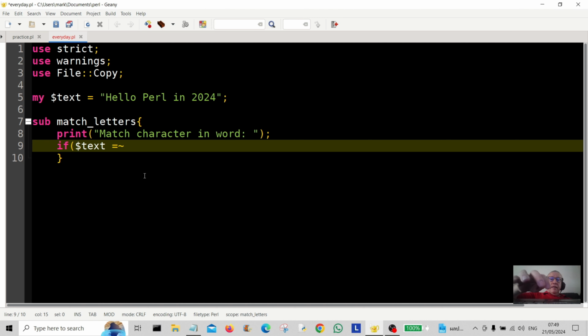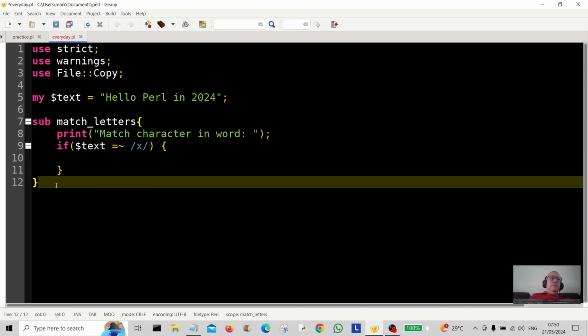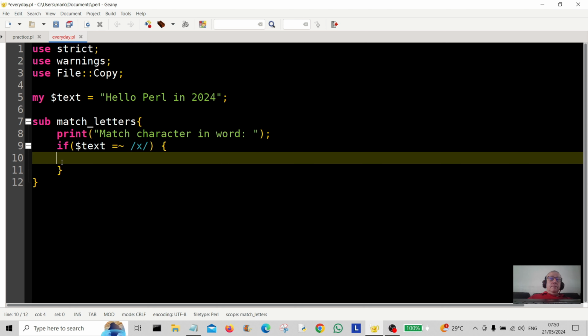If scalar text matches, let's say, X, so if there's an X in there, print letters matched,